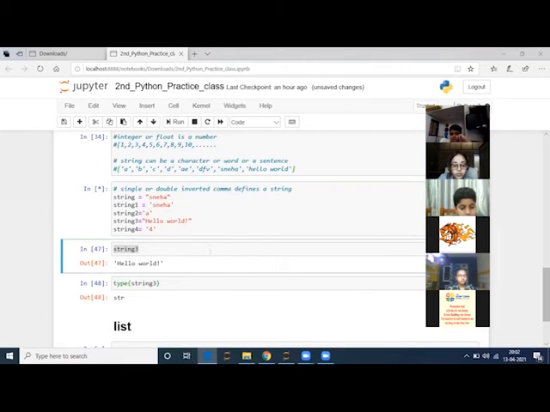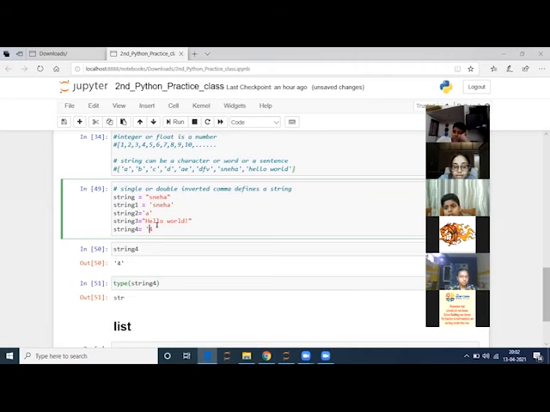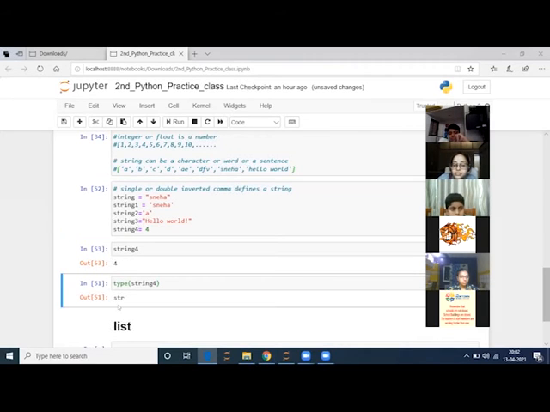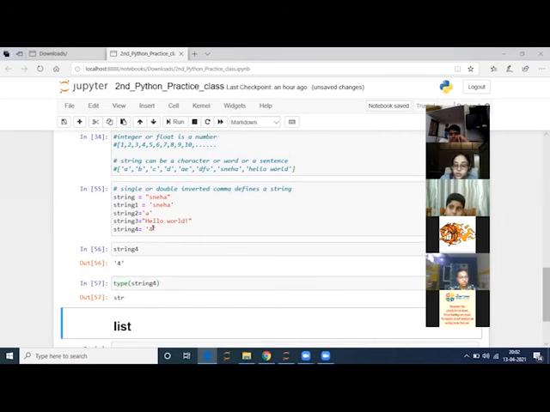String 4, and then string. But if I did not put these inverted commas, then this will become int. So what matters is inverted commas. These are all the ways in which we can initialize a string.